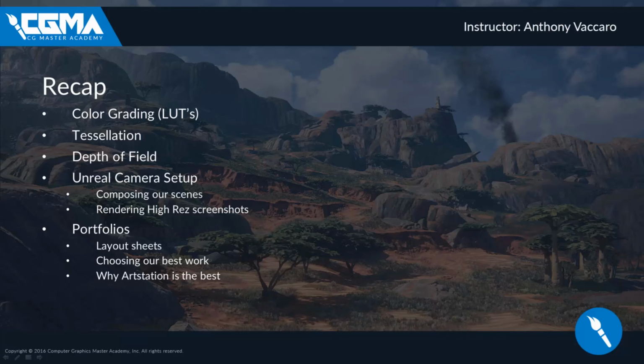We then took a look at why ArtStation is a fantastic place to upload your portfolio to. It's really the go-to place now for creating a website and a portfolio. You don't really need to learn a bunch of HTML or Dreamweaver, or even pay a whole bunch of money to still have to build your own website. I went through the flaws with that and how I made my own website,